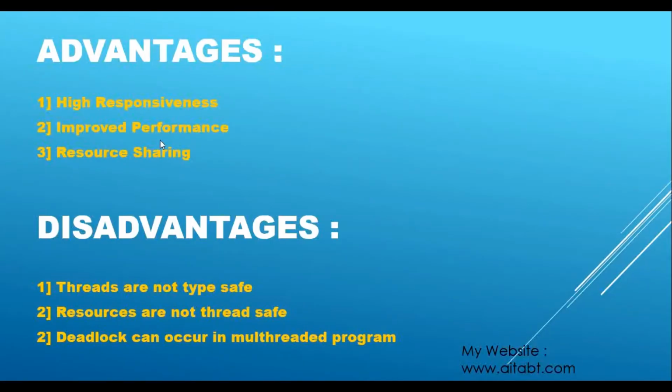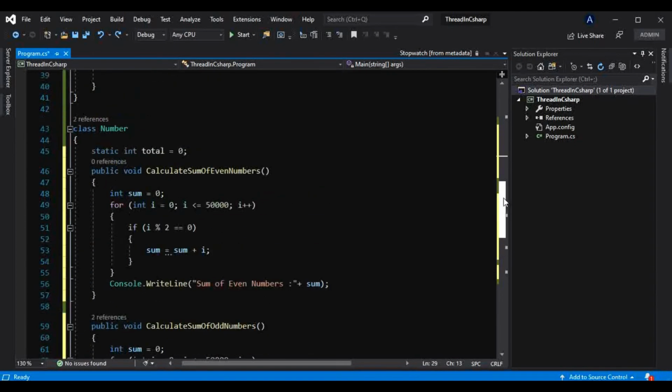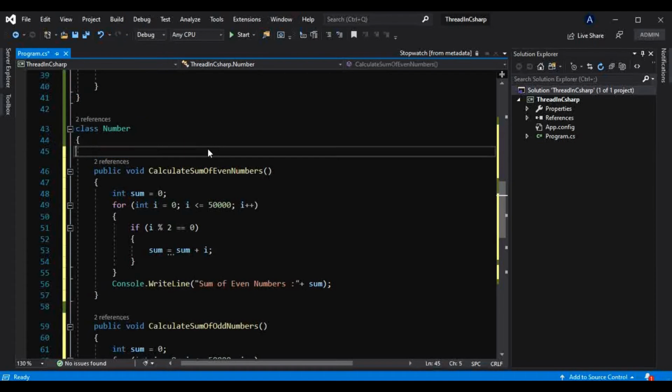But now the advantage, resource sharing, can turn into a disadvantage also. Let me show you how. But before that, I will make one slight change here. I will not take that total here.